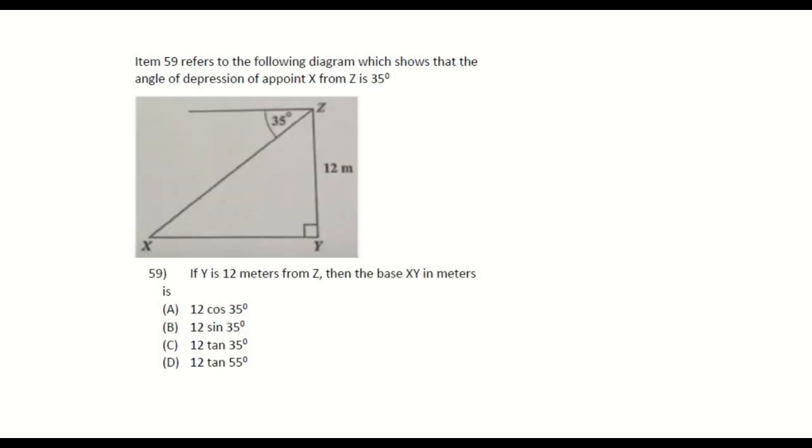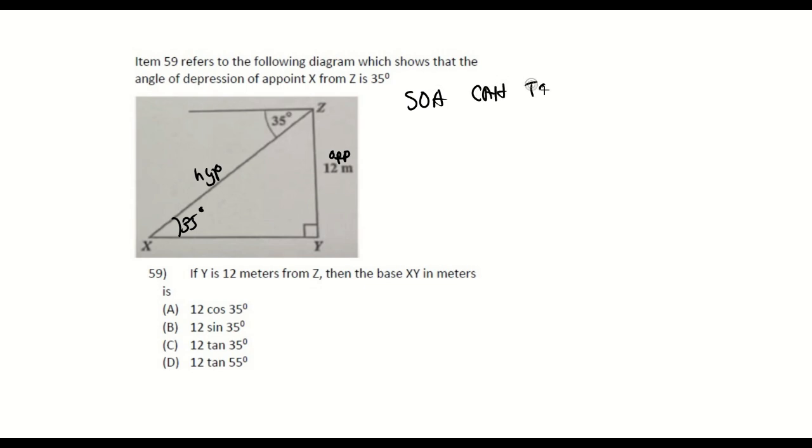Right, item 59 refers to the following diagram, which shows that the angle of depression of a point X from Z is 35. If Y is 12 meters, first off, this is also going to be 35 degrees. And let's just talk about that. We want to know X to Z, so we basically want to know the hypotenuse. Right, this would be my opposite. So I know that I have my opposite and I have my hypotenuse. So I will have